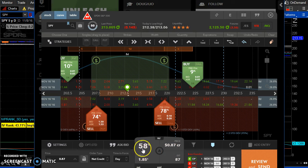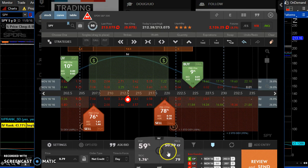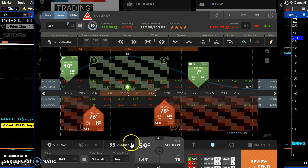Well, your probability of profit is only 58% because you're bringing it in super close. If you want to make it less risky, then you got to pull these apart, and then bring these out a little wider. Anyway, and